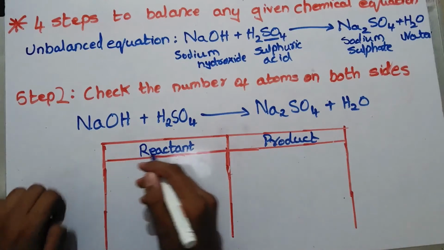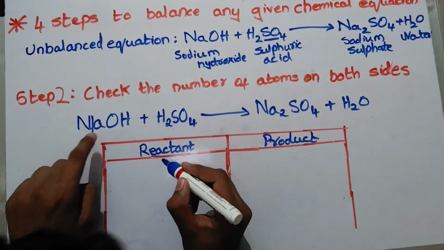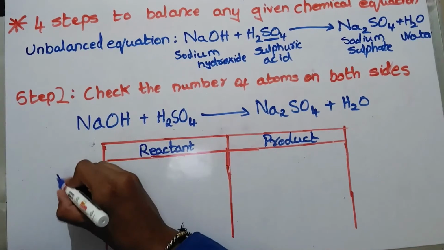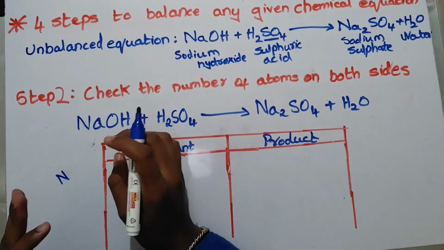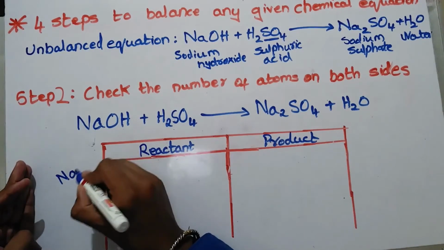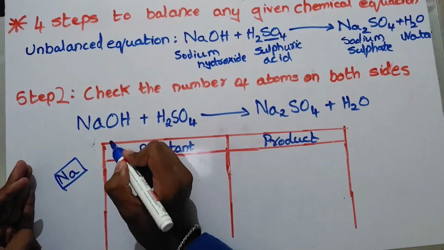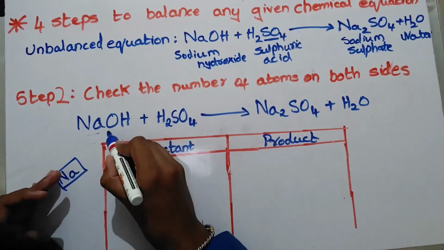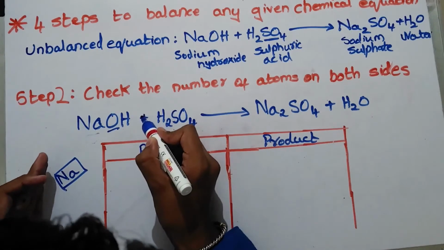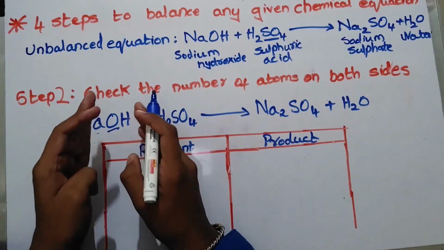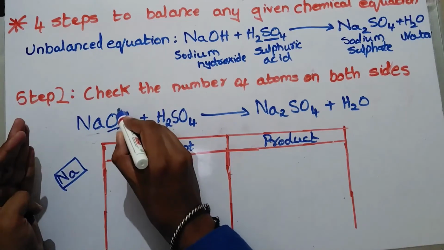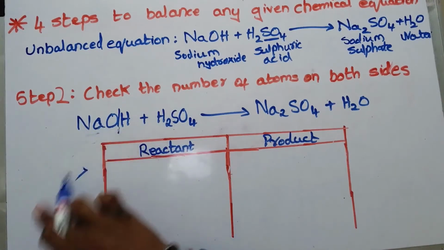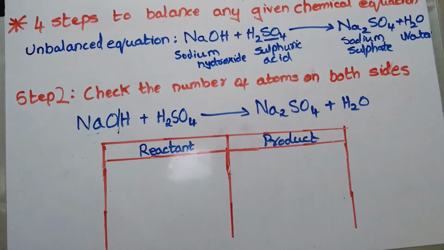Like Na. Now don't take this Na as N and A, they are the same element. And how to judge this is that if any element starts with a capital letter, and if it is followed by a small letter, then these two are a single element. But if you see that O and the next element H are both capital and not small, that means O is a separate element and H is a separate element. So this is how you judge whether two alphabets are of the same element or of different elements.